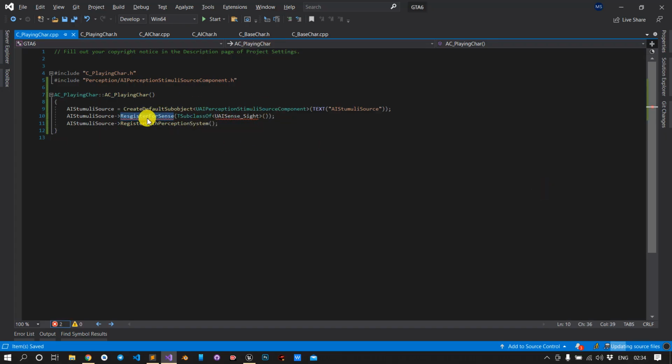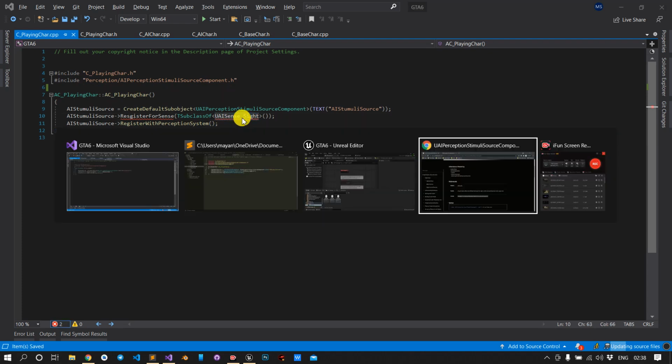If we go to the definition, my Visual Studio is not working, so let me restart it quickly. Okay, I'm up with Visual Studio again. I'm getting two errors. First, for the Sight one, it is not recognizing it because we haven't included the header file.